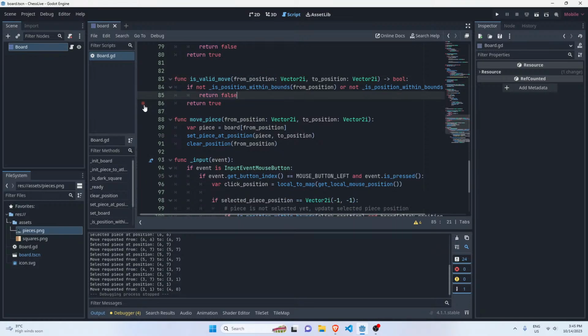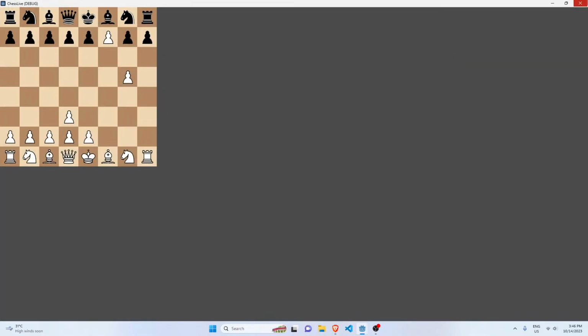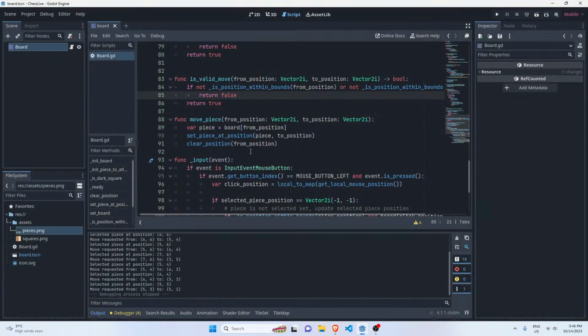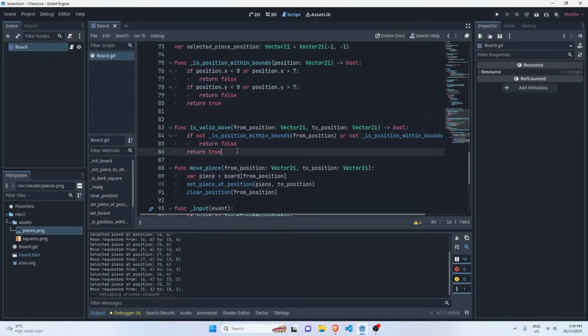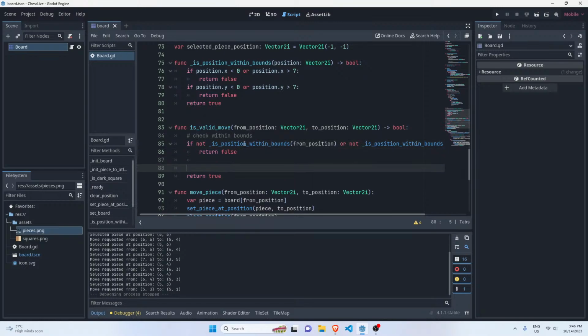Let's try to actually remove this and see what happens. So no surprises so far. I think it actually works fine. Yes, so that is because we have actually moved the validation to the higher layer, so it still works out fine. And now this is checked within bounds, and now we are going to do